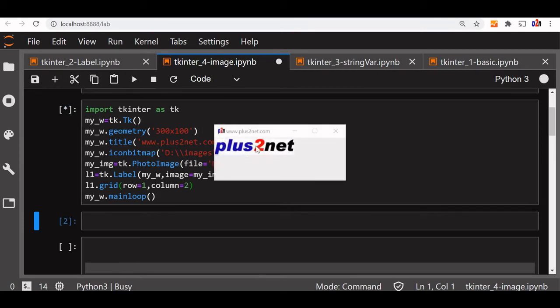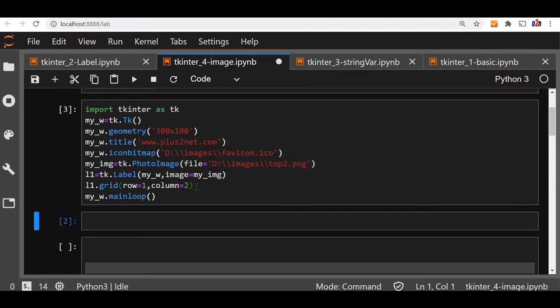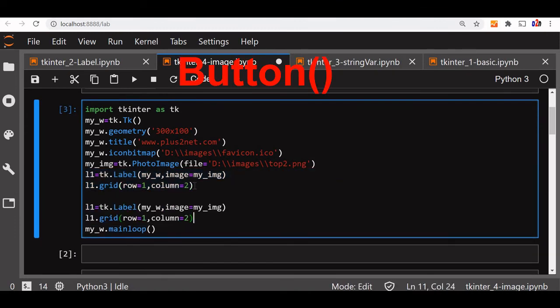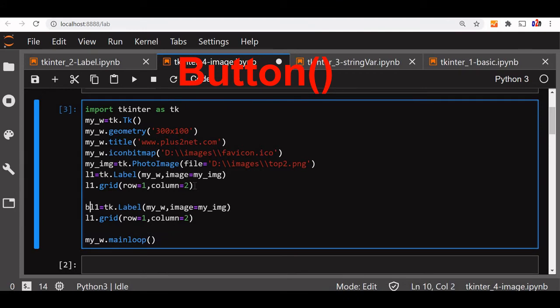Yeah, you can see that the image is displayed. To this we'll add one more button and try to display the same image over a button. I just copied and am pasting these two lines here. I'll change it to a button. I'm giving B1 tk.Button instead of a label.